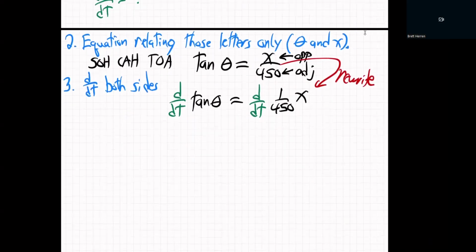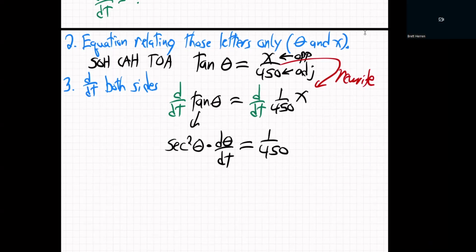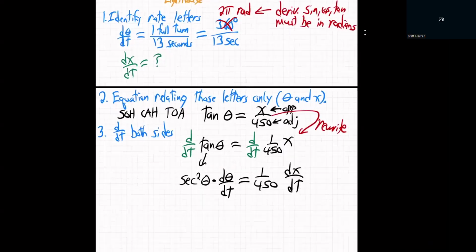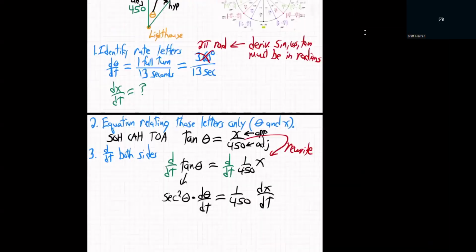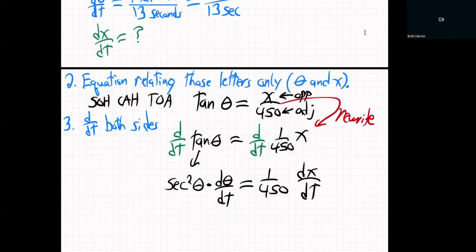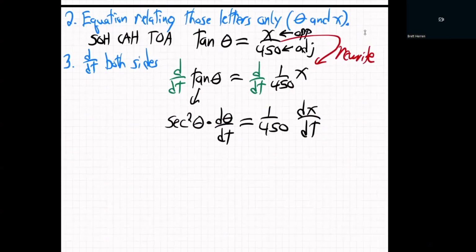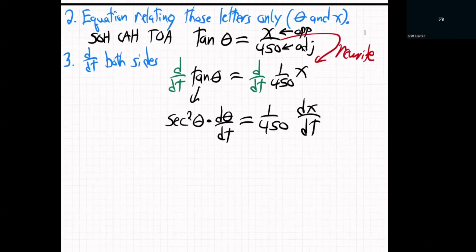All right, let's take the derivative. How do we take the derivative? The derivative of tangent is secant squared of theta, times, since the inside is not a simple t, the derivative of the inside, which is d theta dt, equals. Now the other one, the 1 over 450, just sits in the front, and then it's dx dt, like that. Okay. I'm going to try to solve now. And so step four is